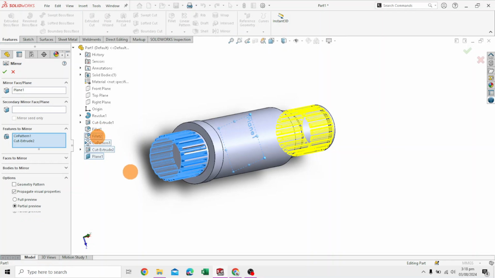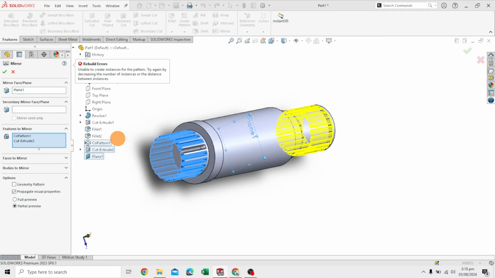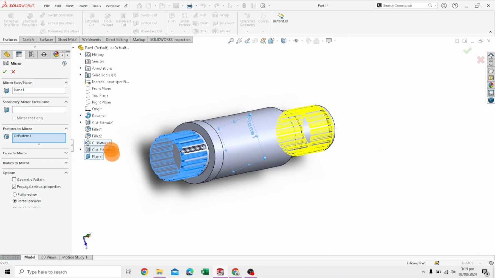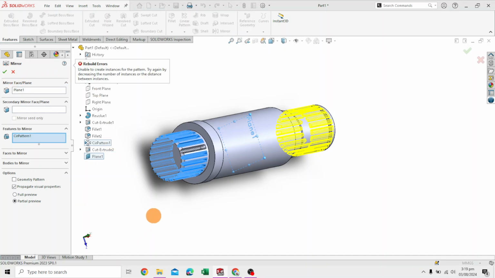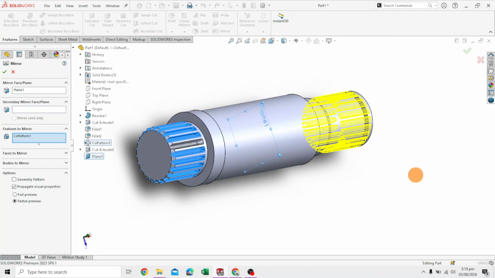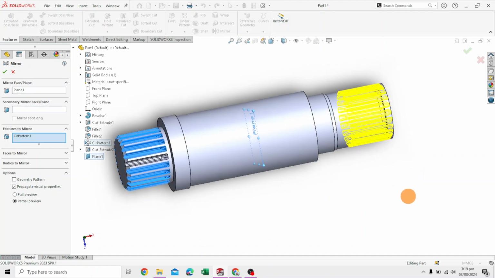We will let's see if it does this. The pattern causing problems. And it is at the edge, but